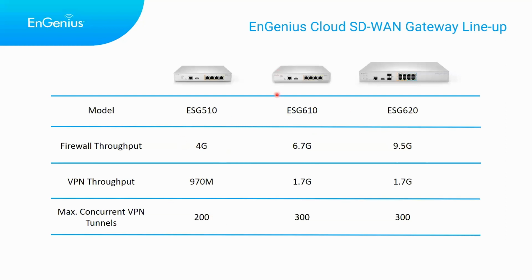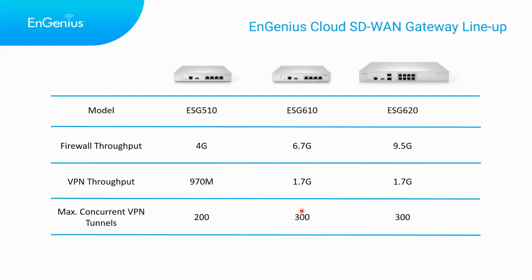So 610, again with the same hardware specs in terms of the ports as a 510, just beefier CPU and memory. We have a 6.7 Gbps firewall throughput, so that's more bandwidth that you require, or it can be provided to you. VPN throughput is almost double the 510, so 1.7 G of VPN traffic. So when you divide this amongst your users, up to 300 maximum tunnels per site, now you have more bandwidth